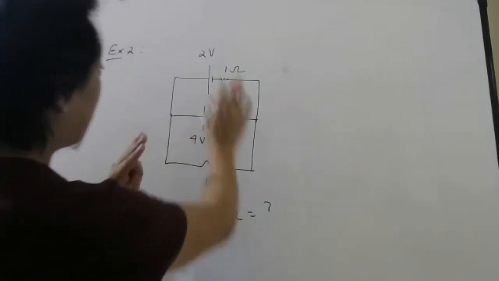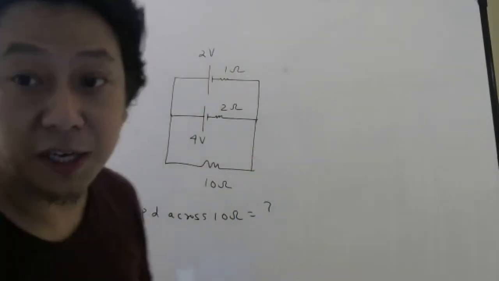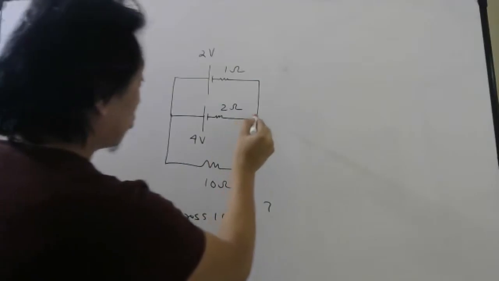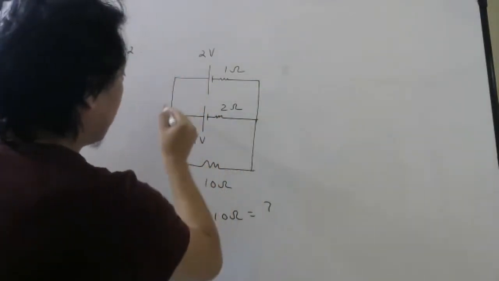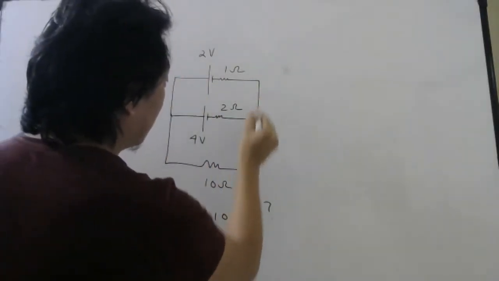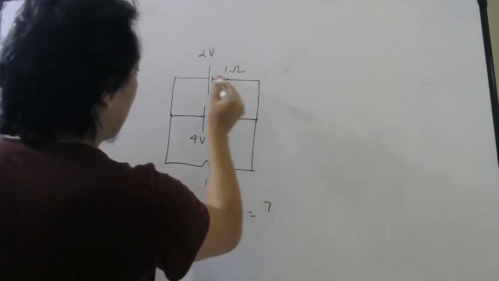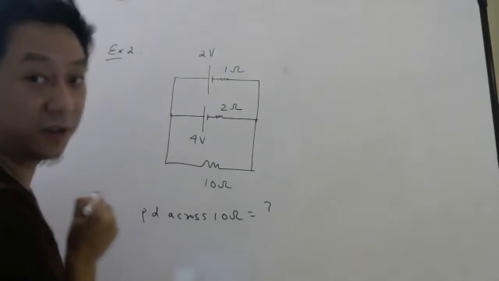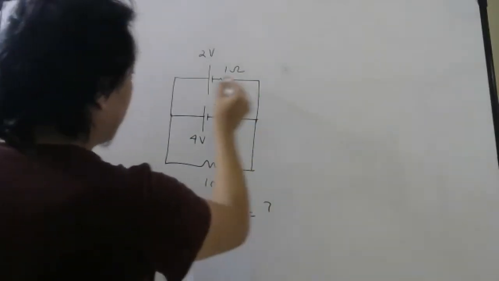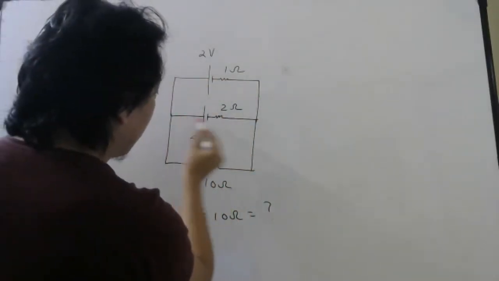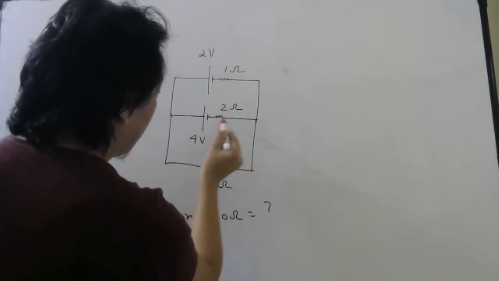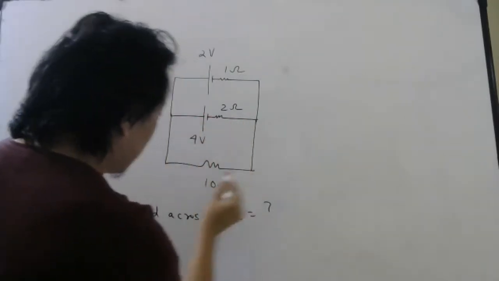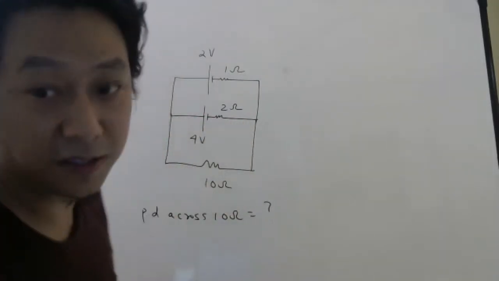First, you have to assign current in different branches. So you can see this is one branch, right? In this branch the current will be the same, it will not divide. Similarly, in this branch current will be the same, and in this branch also current will be the same. So there are 3 branches.